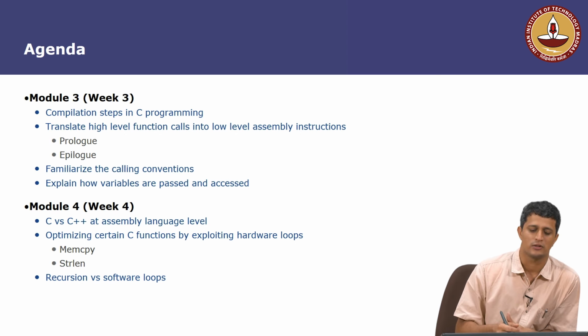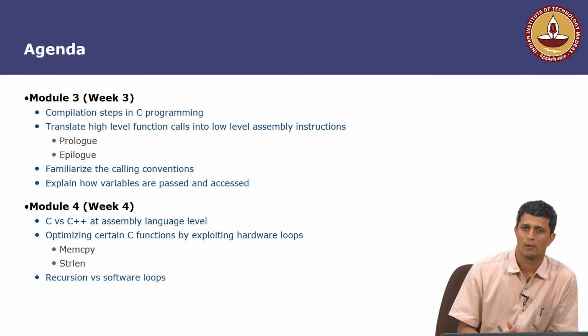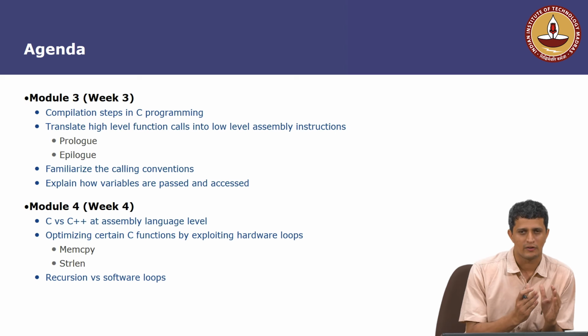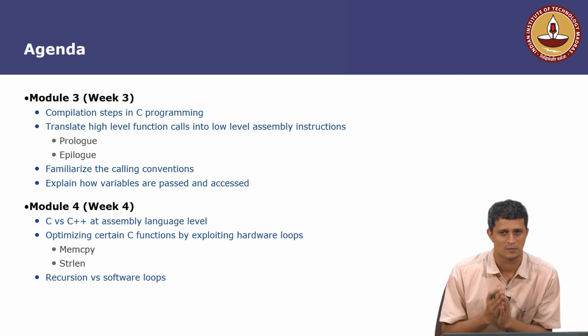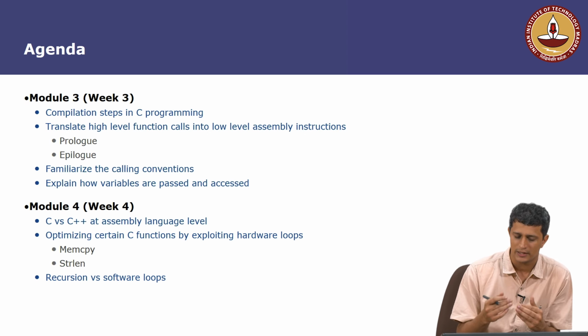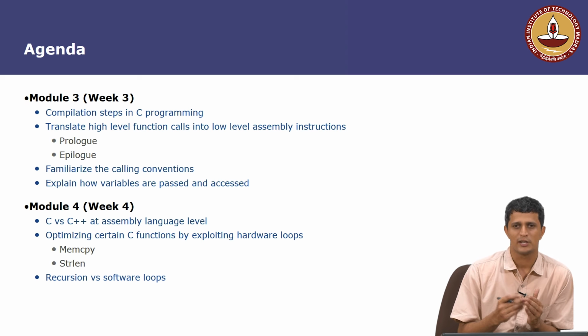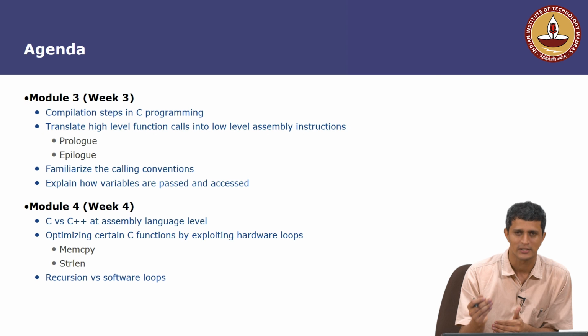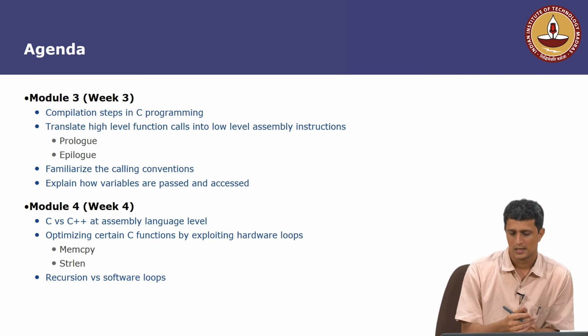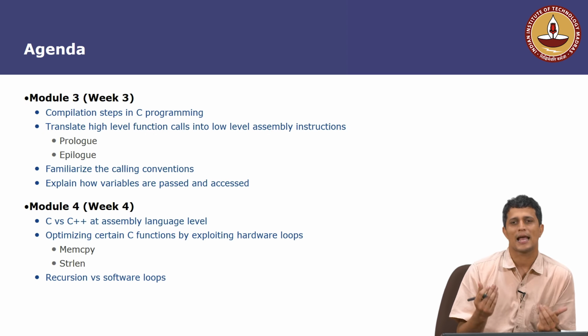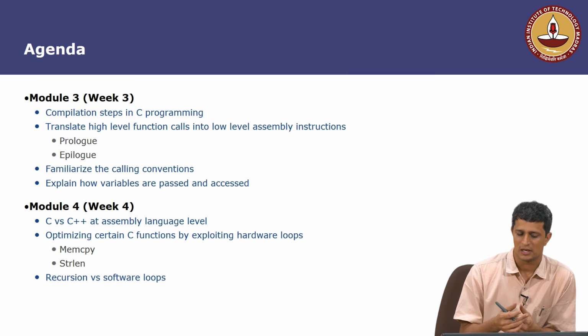Module 4, which is the final module of this course, is where we are actually going to compare C and C++ at assembly language level. So we will take an example of a structure in C and a class in C++, and then we will find that there is actually not much of a difference other than how in C++ you have certain restricted access while in C you do not. So what do these things actually mean at assembly language level is going to be the focus of